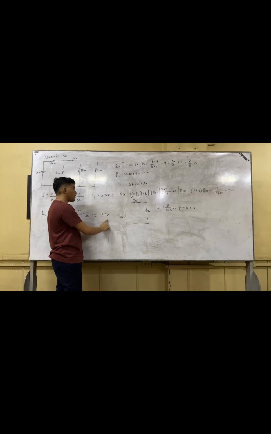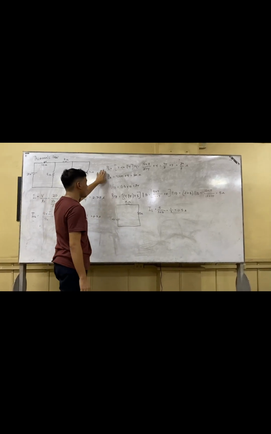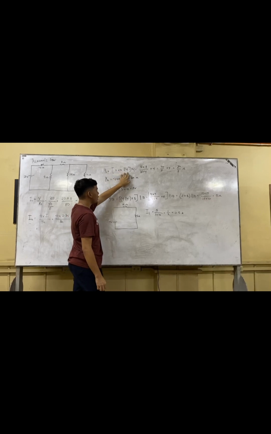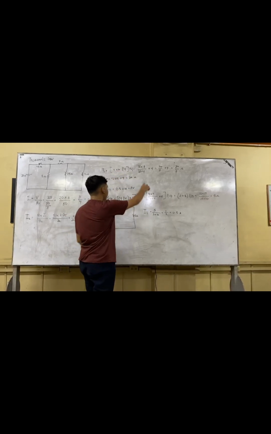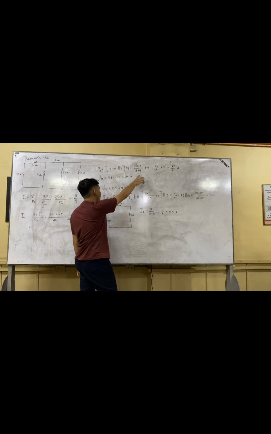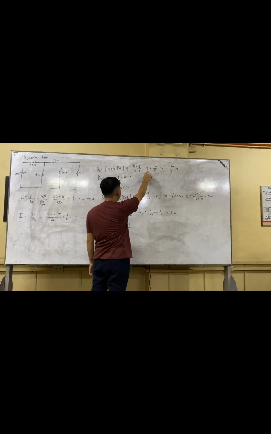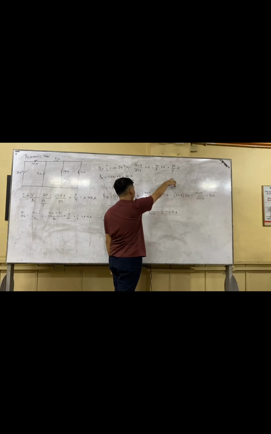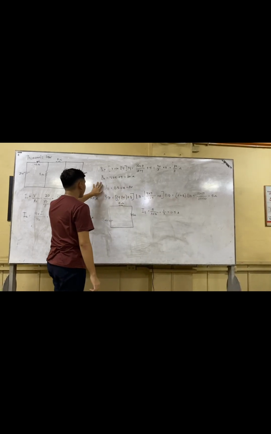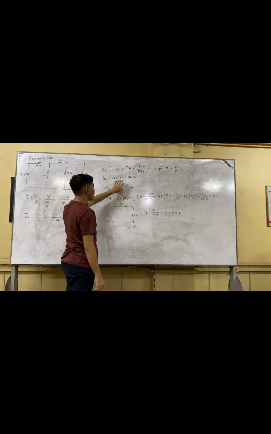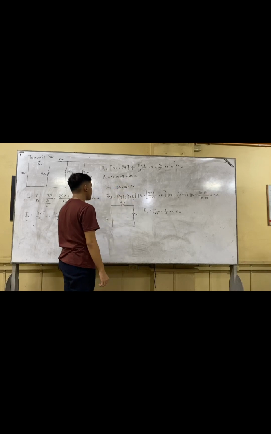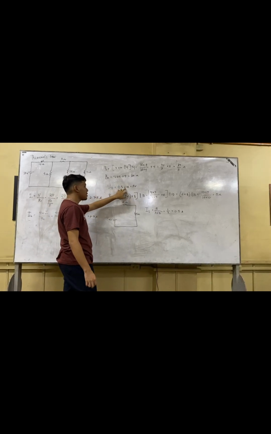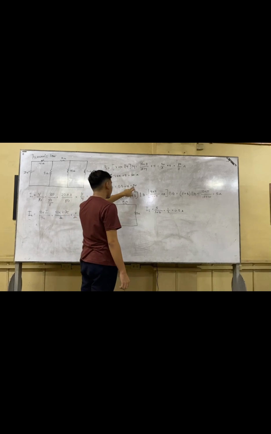our answer is 0.5 ampere. Second, we're going to get R1: 8 plus 10 in parallel with 4, plus 4, plus 18 times 4 over 18 plus 4 plus 4 is equal to 26 over 11 plus 4 is equal to 80 over 11 ohms. Our R2 is 8 plus 10 plus 4, which is equal to 32 ohms. Our VTH is equal to 0.5 times 10, which is equal to 5 volts.